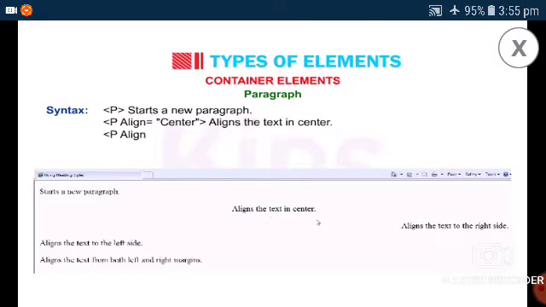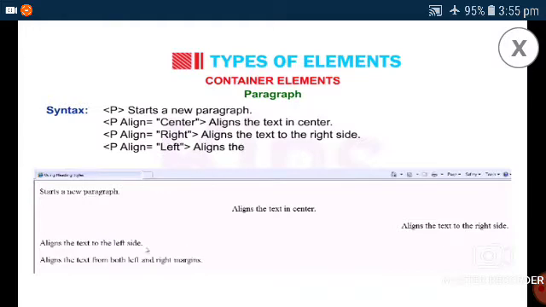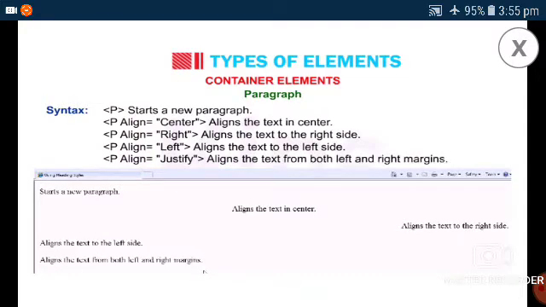Like that you enter the P tag, that means paragraph tag. Align right, you see right. And after that left side, align left aligns the text on the left side. You write like that, and your web page will be displayed like that. For example, see, the example is down here. So observe that example.